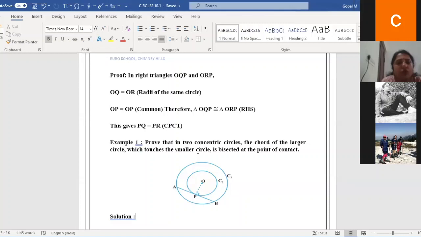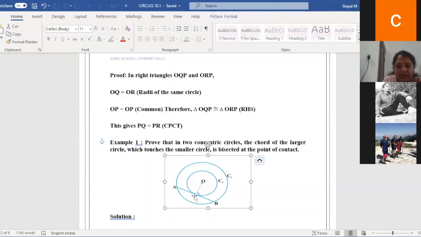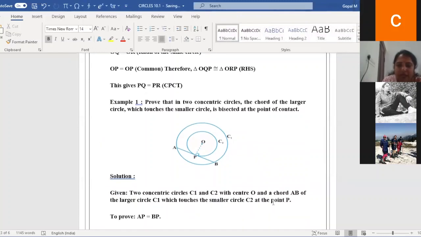Prove that in two concentric circles, the chord of the larger circle AB, which touches the smaller circle, is bisected at the point of contact. The statement is clear. Here I am taking two concentric circles C1 and C2 with center O, and a chord AB of the larger circle C1. This AB is the chord of the larger circle which touches the smaller circle C2 at point